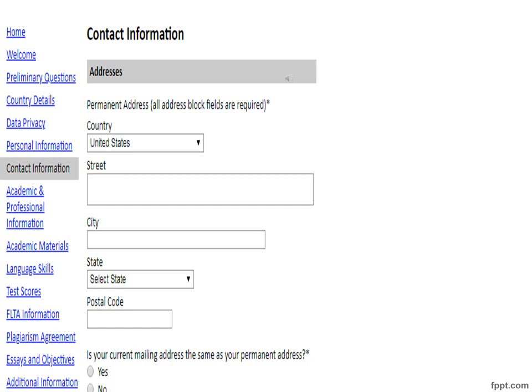Okay, here you will move to the contact information. So here you will need to give some information. So permanent address, all address block fields are required. So your country, street, city, state code, postal code. Is your current mailing address the same as your permanent address here in Morocco? Telephone numbers, email,